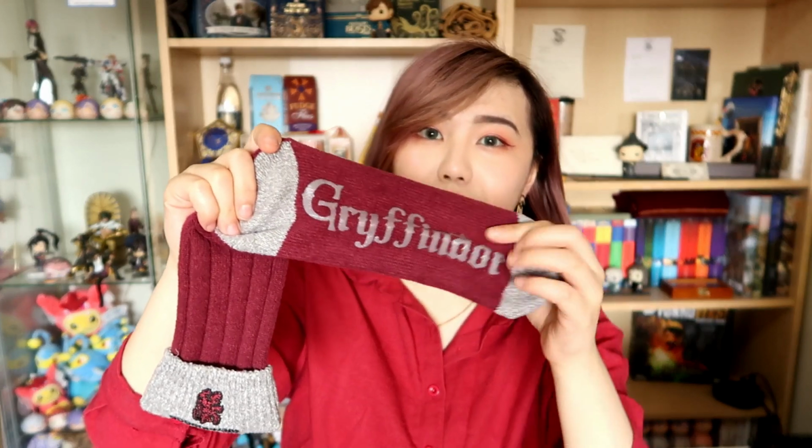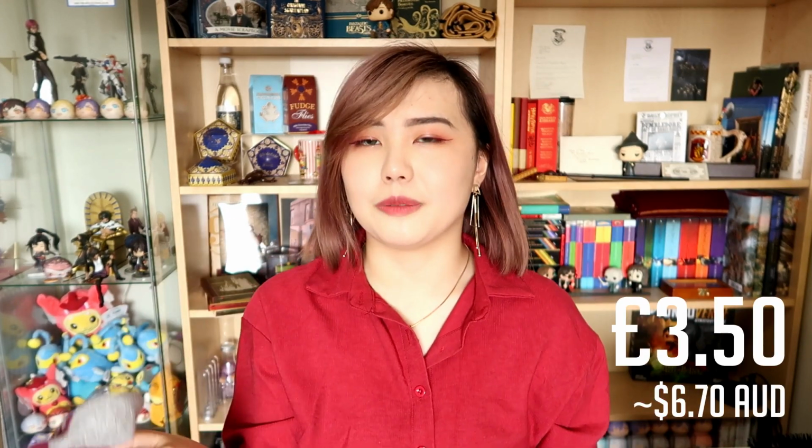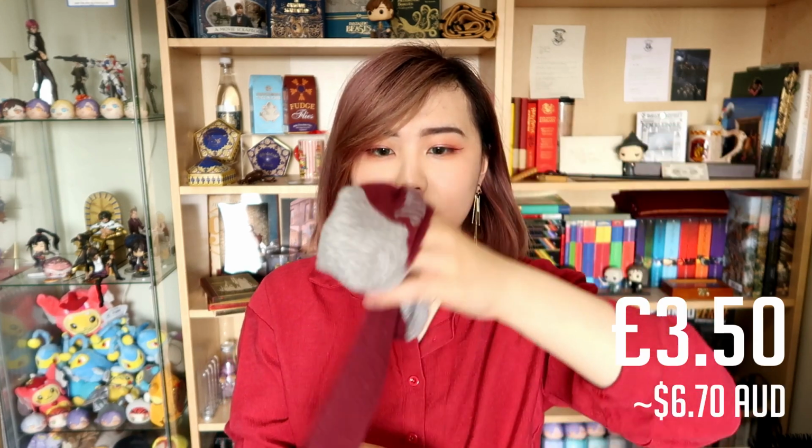What made me really want to get these socks were the bottom of it, because it has Gryffindor in this non-slip material, which I think is really cool. And yeah, I have towels downstairs in my house, so these will be perfect for helping me not slip when I'm in socks. So this next item my auntie actually got for me when we were in the Liverpool Primark,